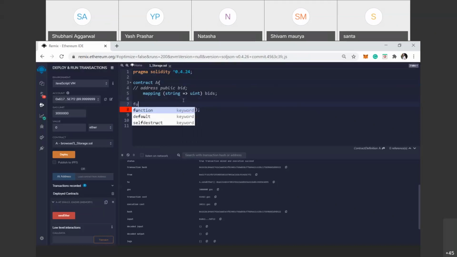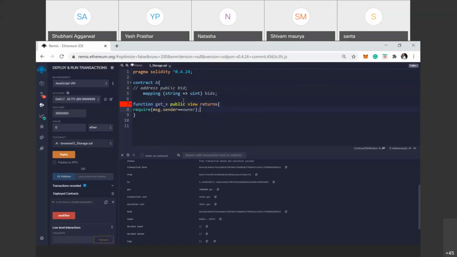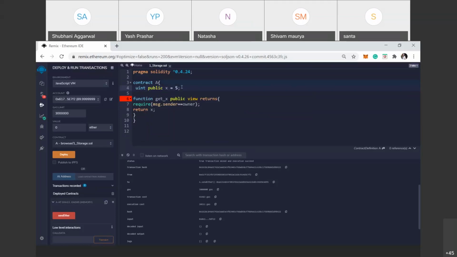Suppose in function getX, public view returns, here we just want x. Public x is equal to 5.